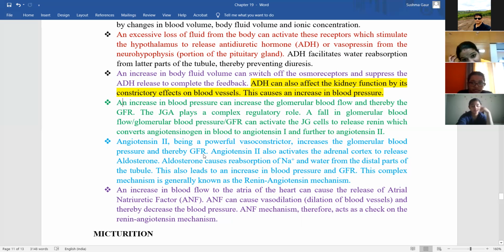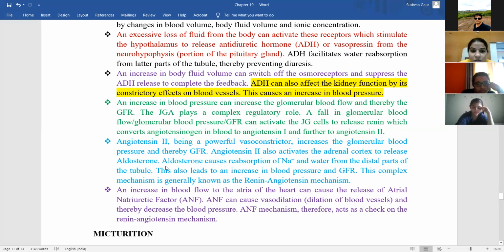So what does it do? It causes the constriction of the vessels. Being a powerful vasoconstrictor that increases the glomerular blood pressure, and thereby activates the adrenal cortex to